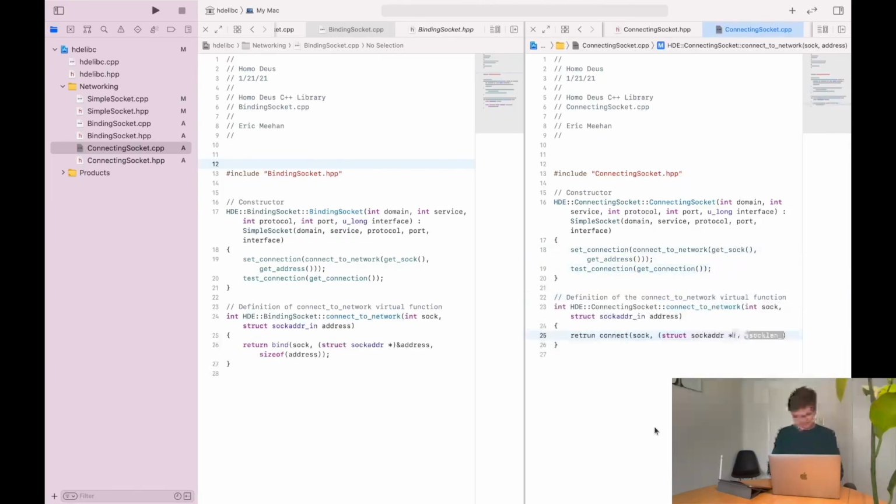If you haven't seen this before, what I'm making here, this is called casting, and this is the way that